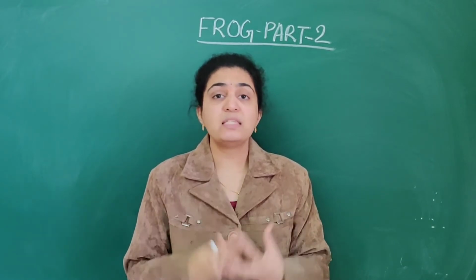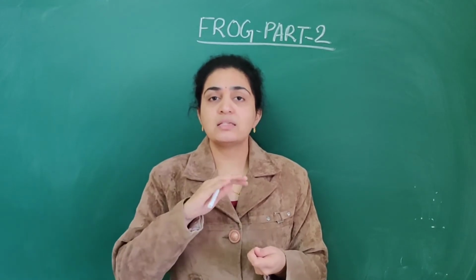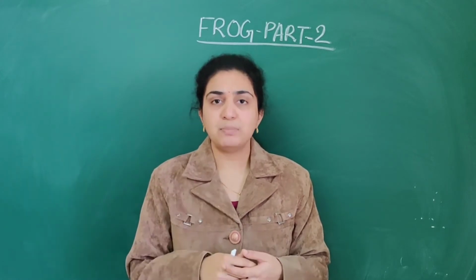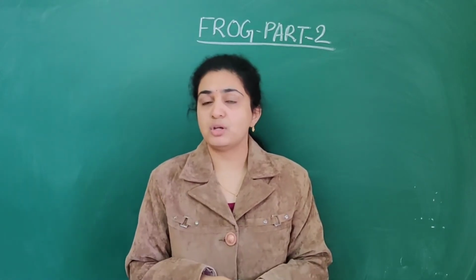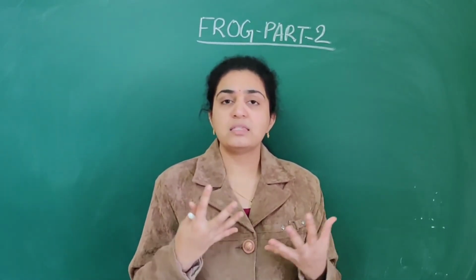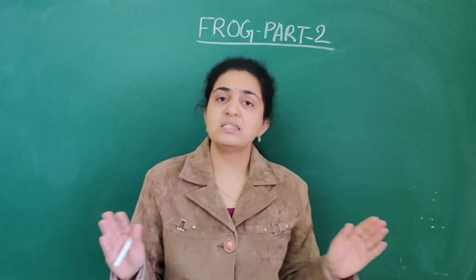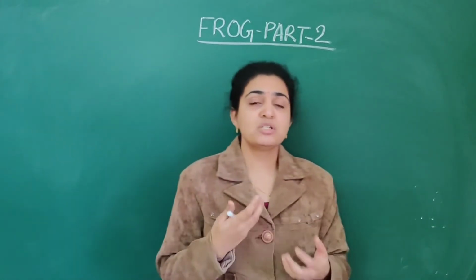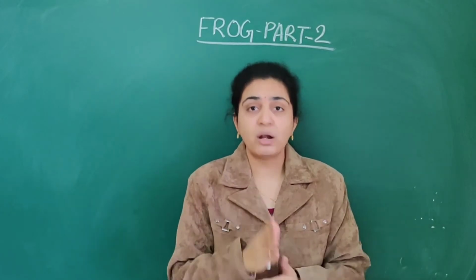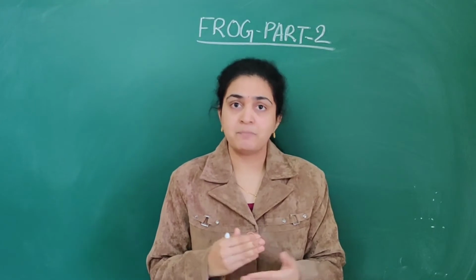And this frog is very slippery in nature. Due to the secretion of so much mucus, it appears very slippery as well as soft. We have discussed that the frog is a poikilothermic animal because it cannot tolerate the same temperature. The temperature varies from one place to another. Their body temperature is not constant. That's why they are called poikilothermic animals.